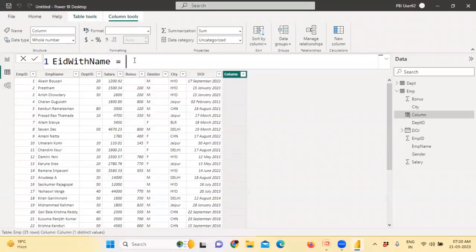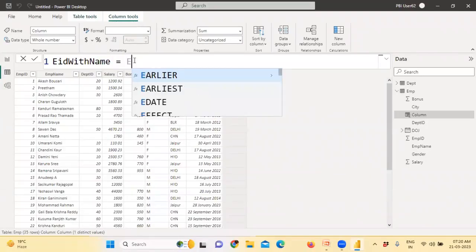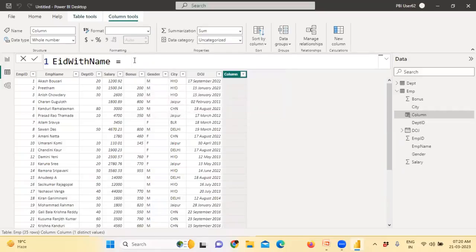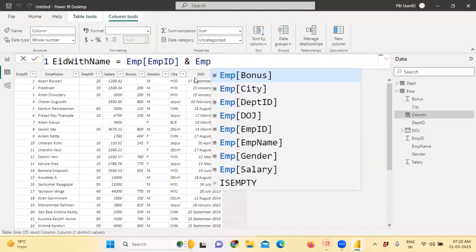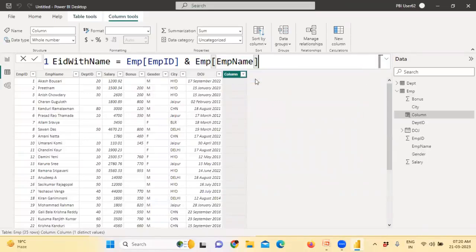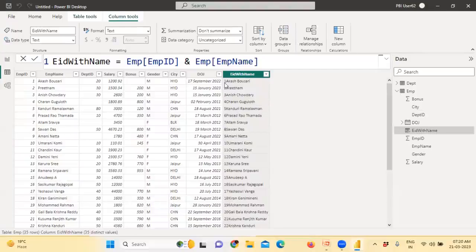I want to get employee ID, EMPID, we have, right? EMPID, then the concatenation symbol, which is ampersand, and I want to have employee name. When you have it like this and press enter, you should be able to get 1 without space Akash Bowser,